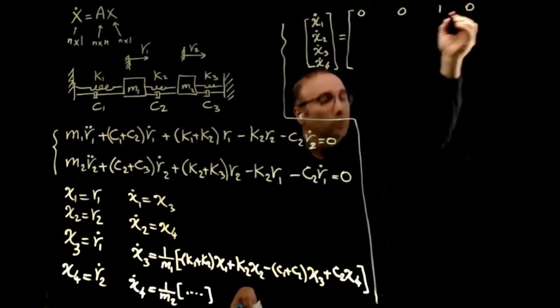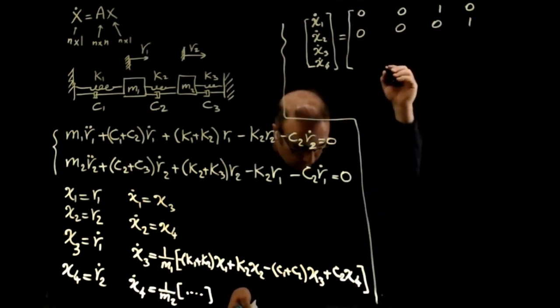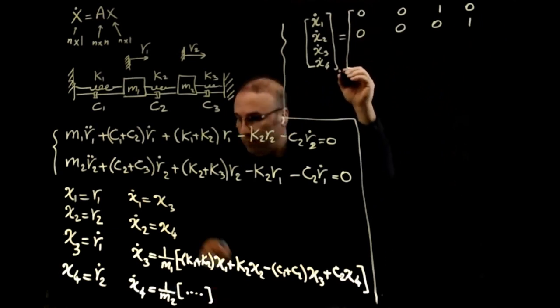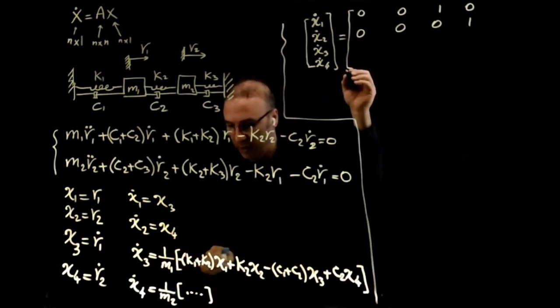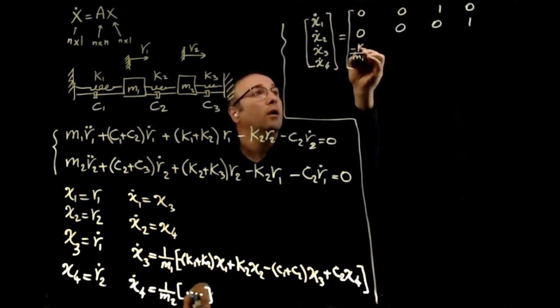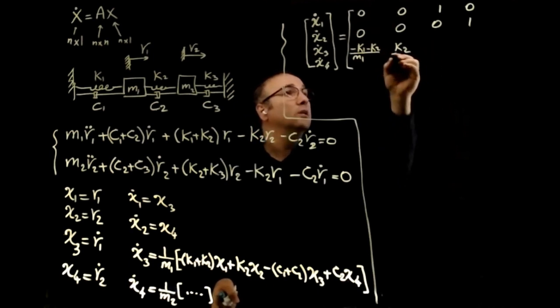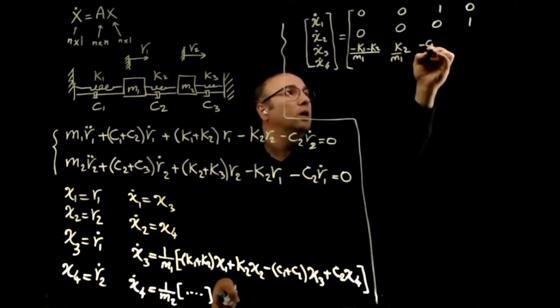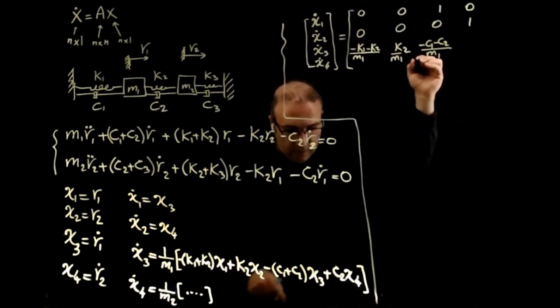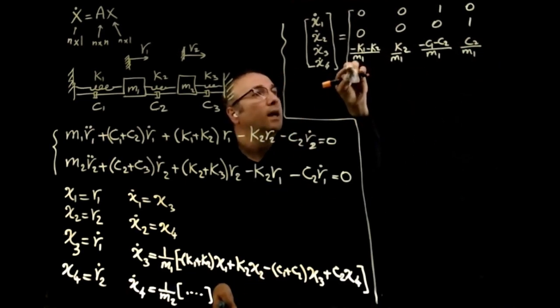1, 0, and then I would have 0, 0, 0, 1, and then I would have x3 dot, it would be 1 over m1, then I have negative k1, negative k2, then k2, then negative c1 k2 over m1, negative c1, negative c2 over m1, and c2 over m1. And for the last row,